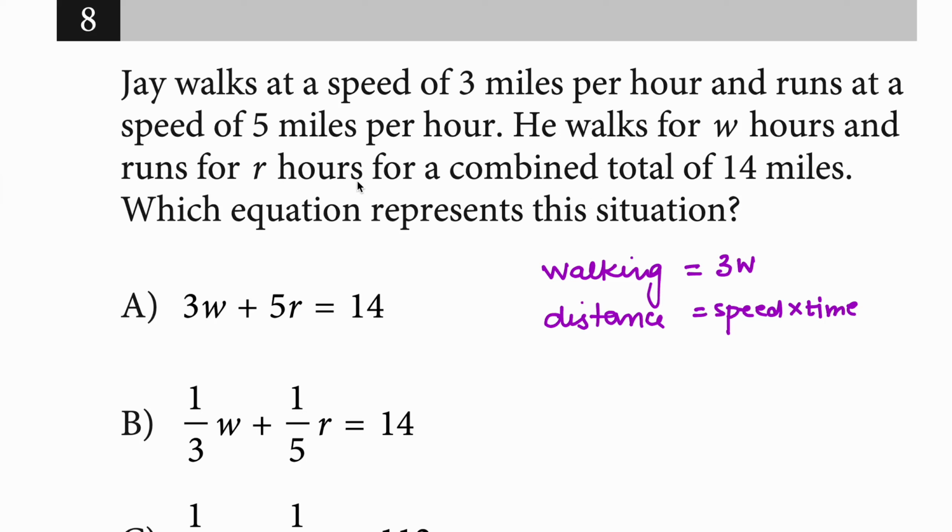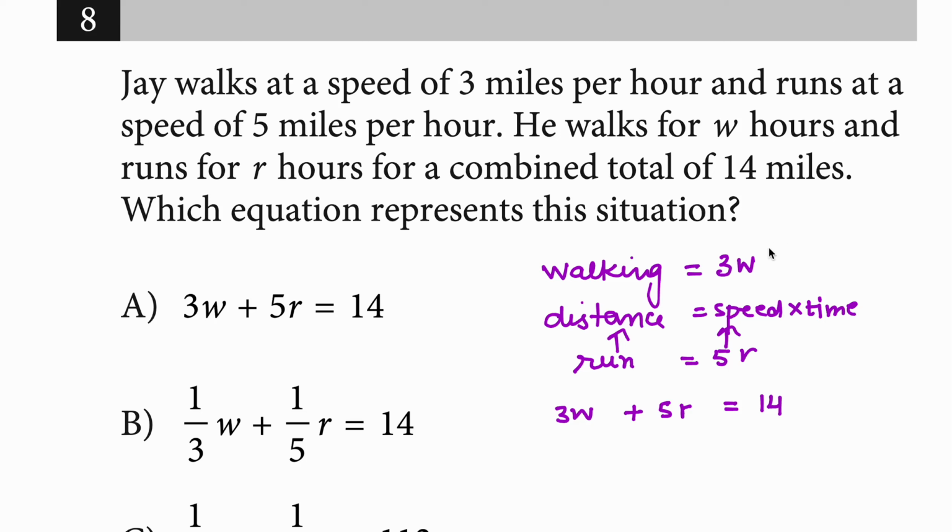Okay, and runs at a speed of 5 miles per hour. So total running is equal to 5 miles per hour, and for how many hours? R hours. Again I am using the same formula. Perfect. For a combined total of 14 miles. Now if we go to the vocabulary of maths, combine means we have to add. So walking distance plus running distance is actually equal to